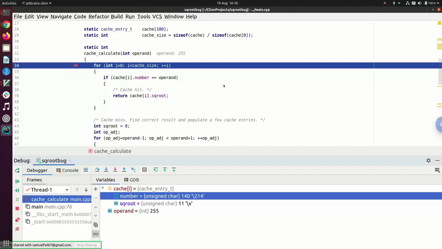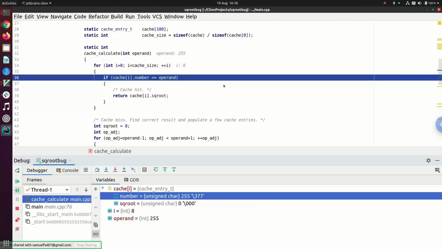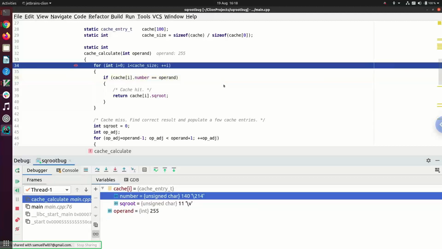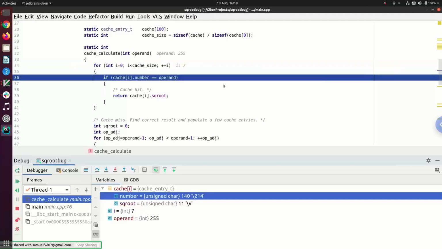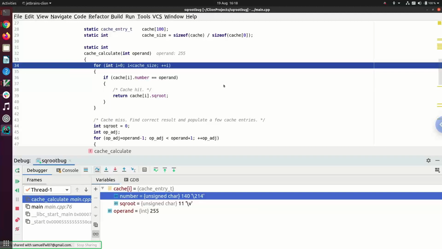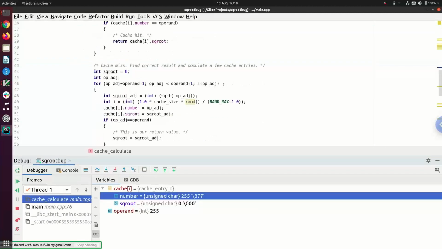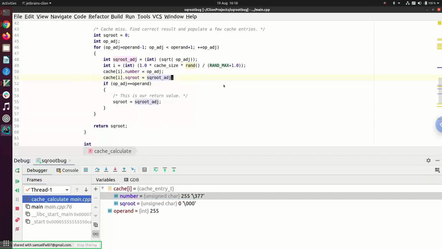Actually, if I go forwards here, then we can see, wait a minute, whoops, sorry. Why is that doing that? I'm not sure what's going on there. That's the first time that's ever done that. Anyway,